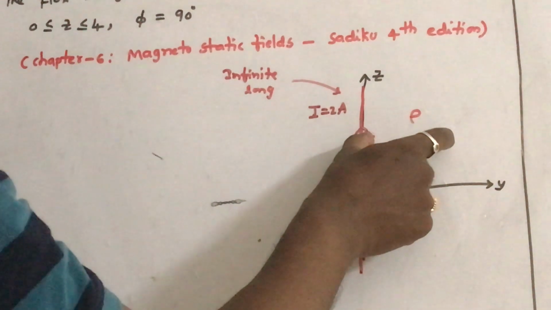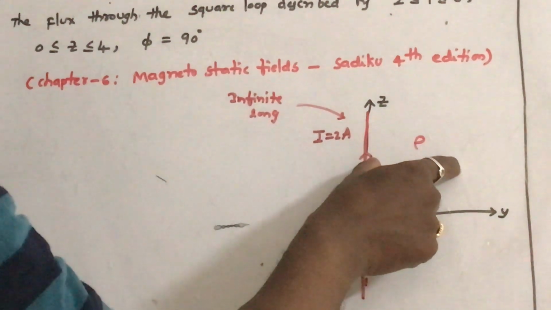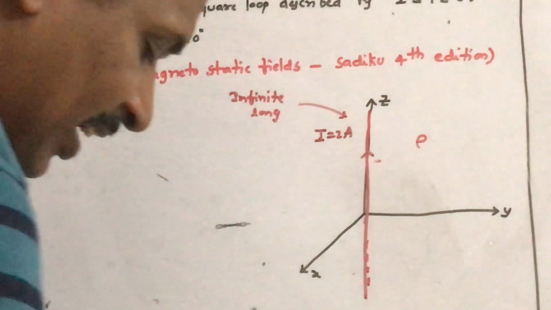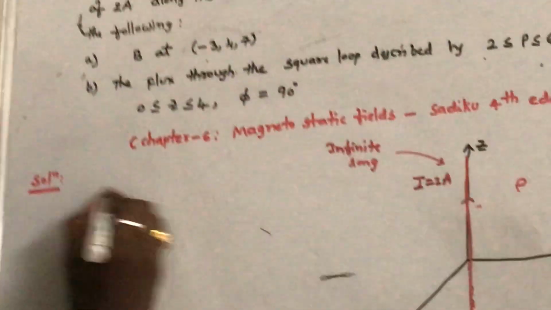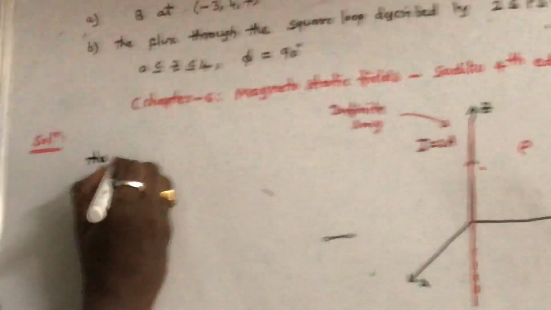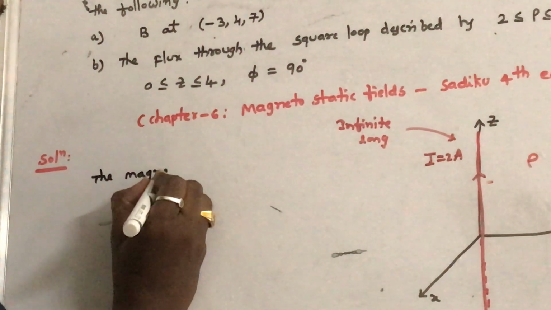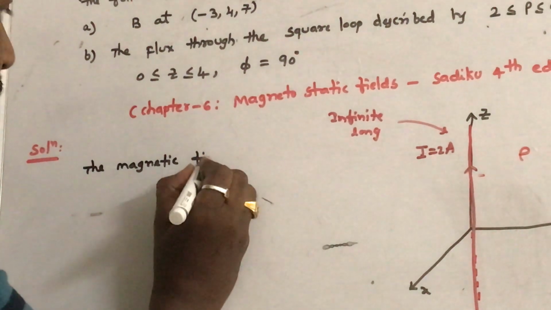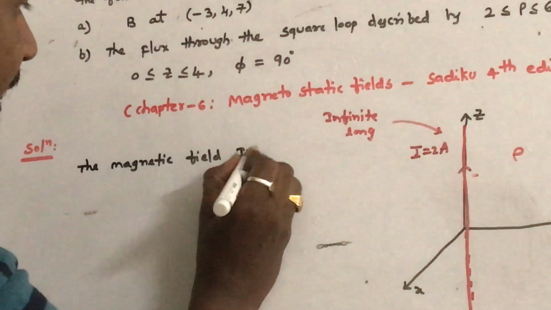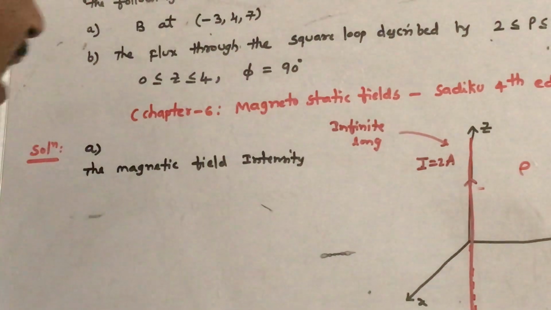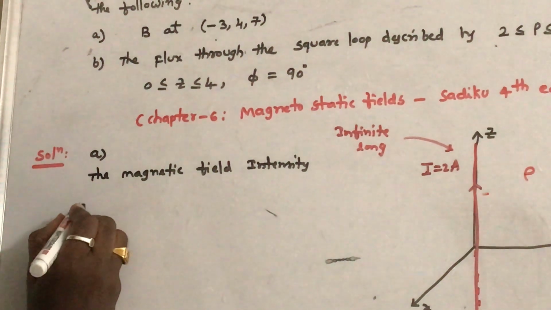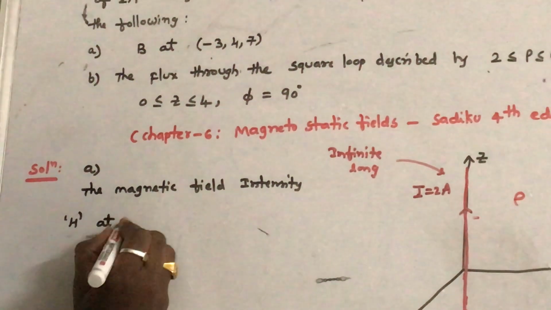At a perpendicular distance rho, the magnetic field intensity H is given by the formula we have derived. So, question A, the magnetic field intensity H